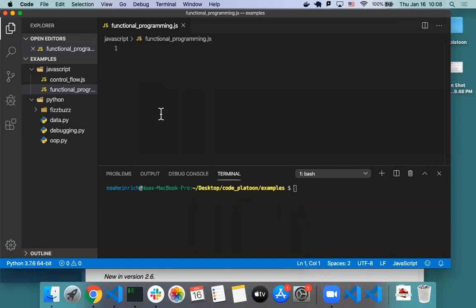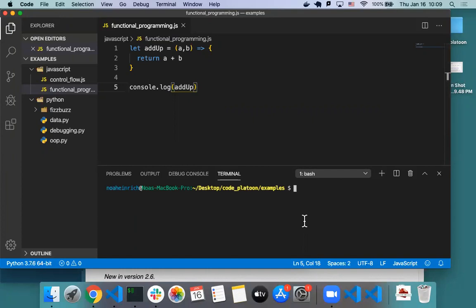So for example, if I say let addUp equal a function that takes in a and b, and it's just going to return a plus b. So if I just console.log addUp,